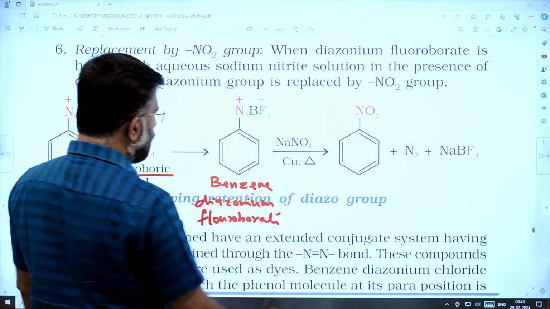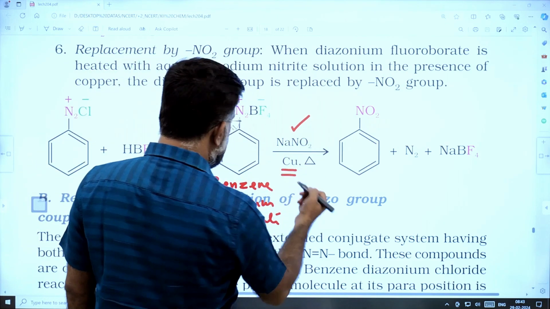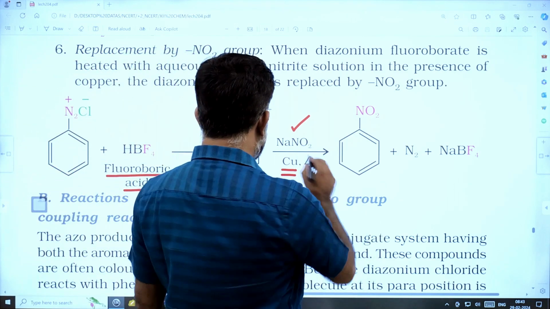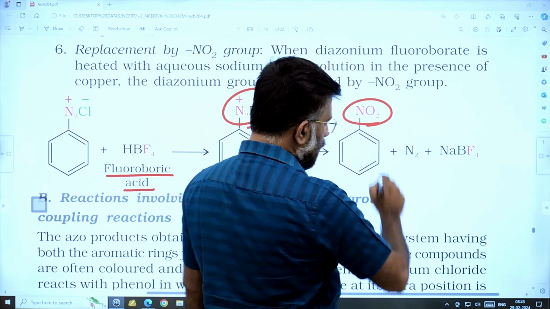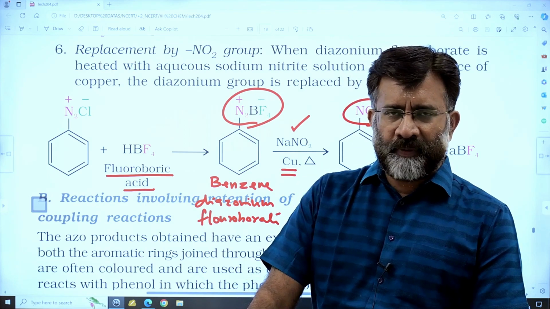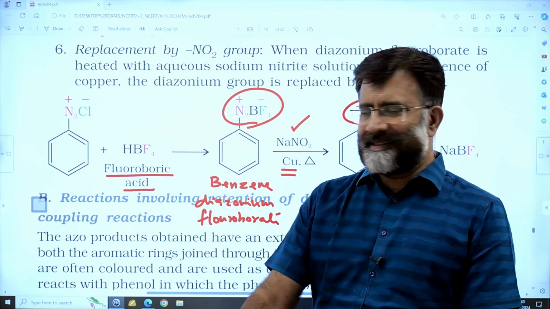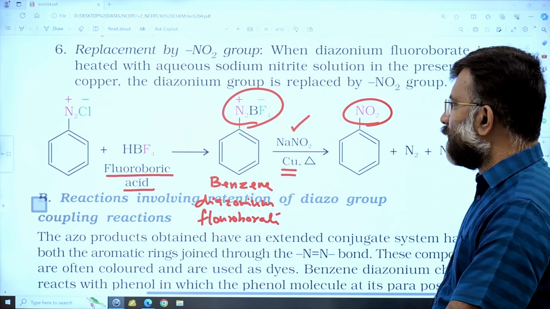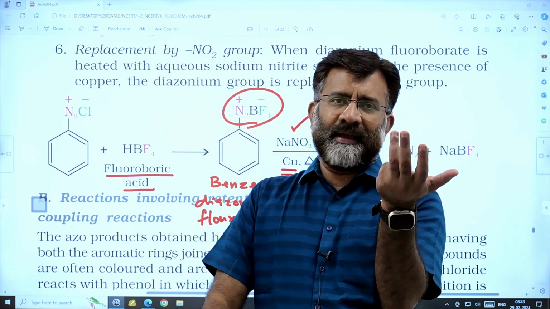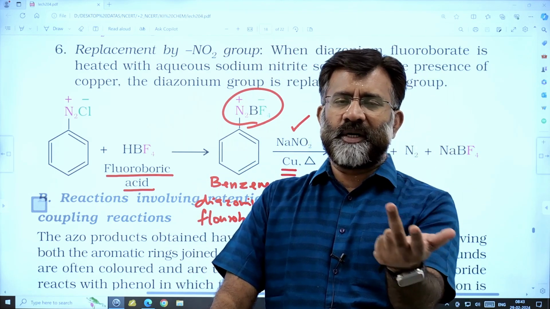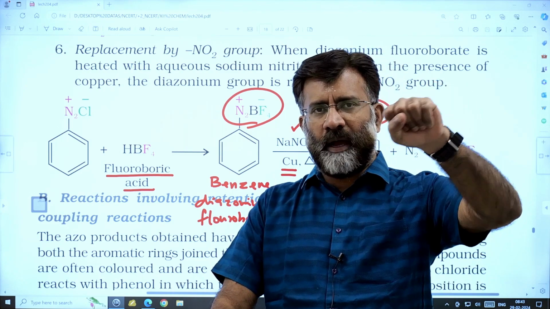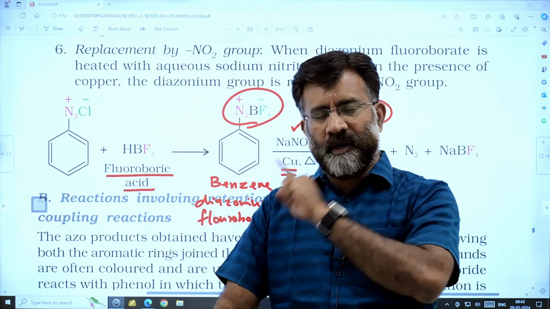Benzene diazonium fluoroborate is treated with NaNO2 and copper powder. That is heated with NaNO2 and copper powder, where this group is replaced by NO2. You get nitrobenzene. Right? That is another separate reaction. So this much reaction for the replacement of the diazo group: Sandmeyer's reaction, Gattermann reaction, replacement with iodine, Balz-Schiemann reaction, reduction using H3PO2 and ethanol, then converting to phenol, and now